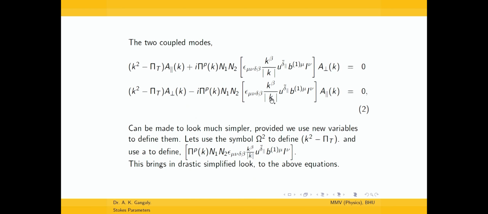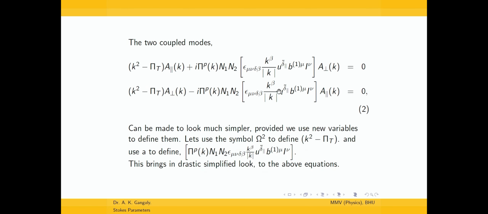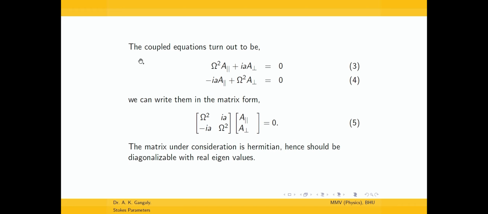And if we introduce simplifying notations to make these two equations more appealing, we see that these two equations are given by equations 3 and 4 what we have here, that can be written in a matrix form as capital omega square, i A and minus i A, capital omega square, signifying that this is a Hermitian matrix, and since it is a Hermitian matrix, it has eigenvalues that are real,